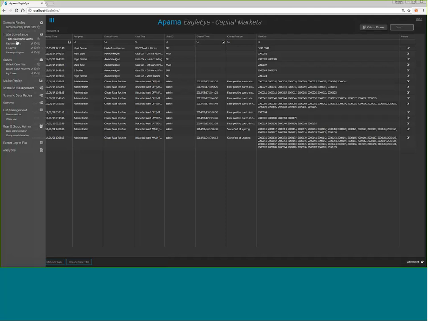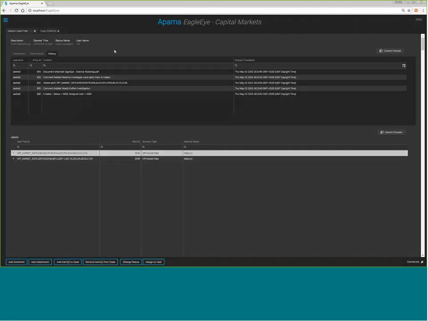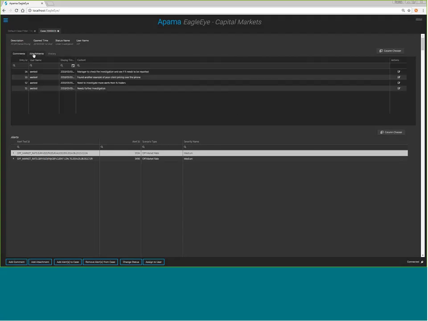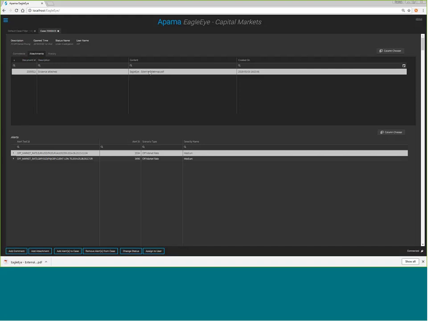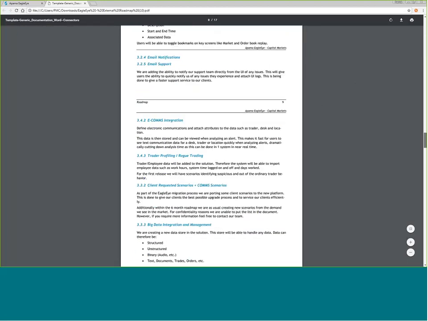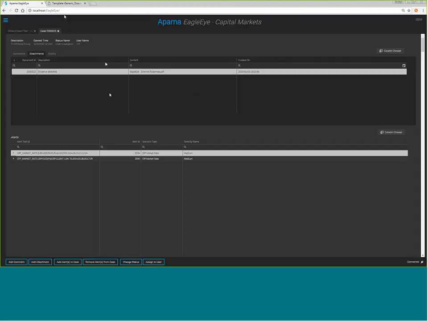adding some attachments, etc. So when Nigel decides to have a look at this, he may decide to have a look at the case. Of course, he can just look at the comments and he can open any attachments within the case. So all I've done here is I just double-clicked. I didn't have to save anything to my desktop or anything. I just double-clicked and it performs the default browser operation. You can then open those attachments, look through what's in there, review the case, review the alerts, and all the